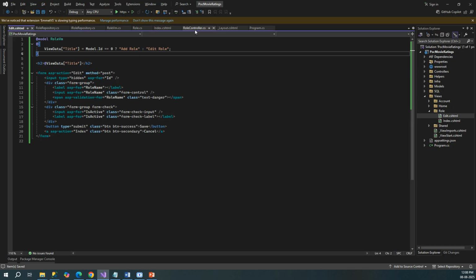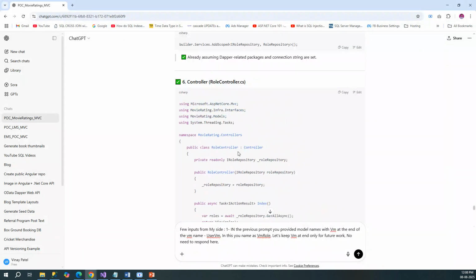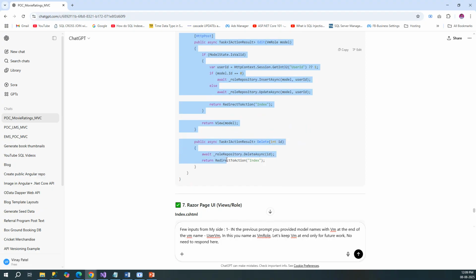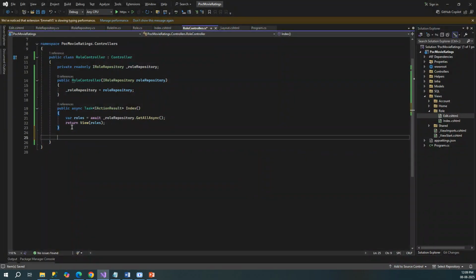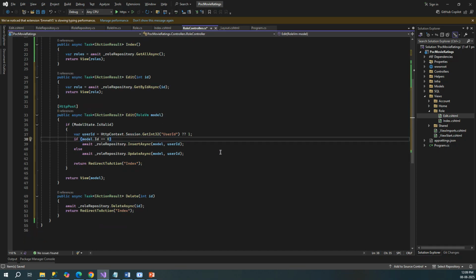Now let me go to the controller. Now over here we need to add the methods for edit and create. So we'll go over here, to the controller code. Okay, this is good. We only used this index, right? Now we need to use this edit, and let me take the delete also, right? So instead of vm role we will take role vm. So this is good. User ID it is taking from the